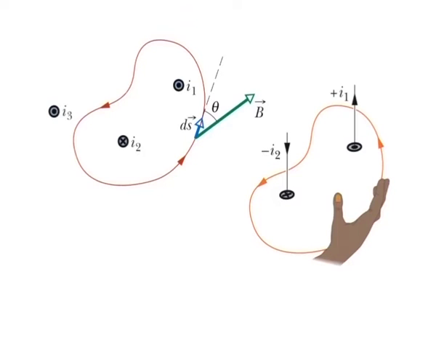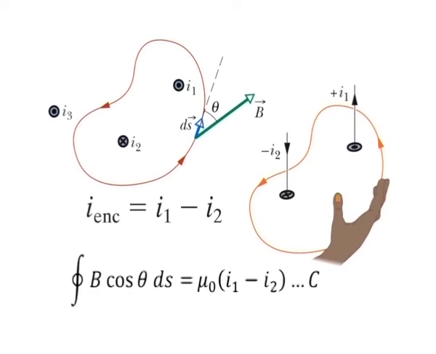Net current. With the indicated counterclockwise direction of integration, the net current encircled by the loop is I encircled equal to I1 minus I2. Current I3 is not encircled by the loop. We can then rewrite equation B as the cyclic integral of B cos theta ds is equal to mu 0 into